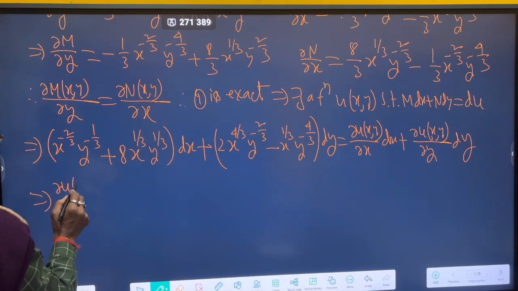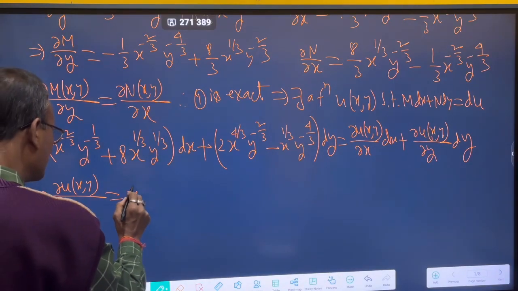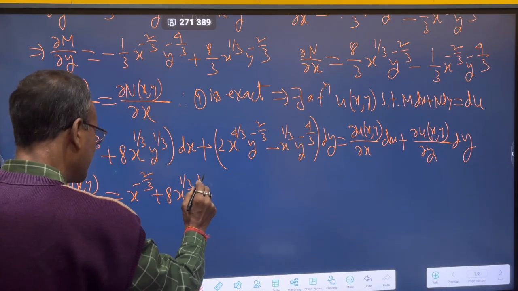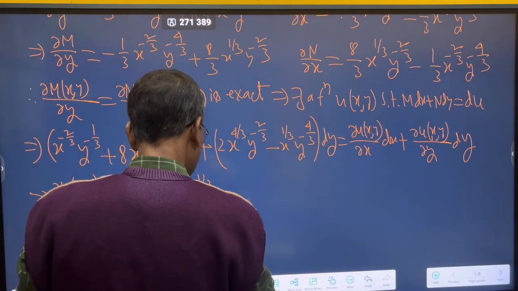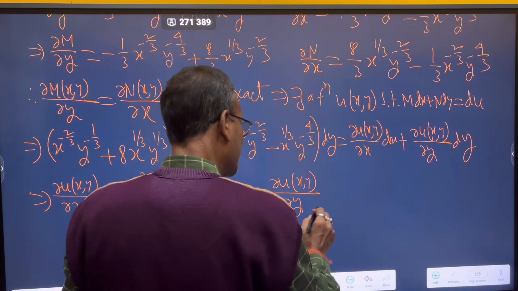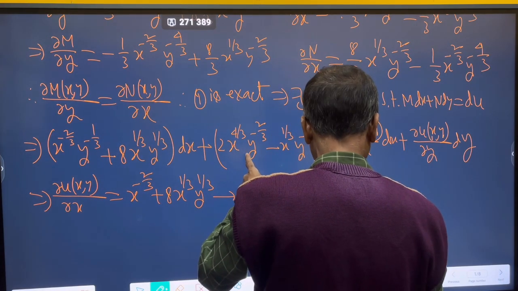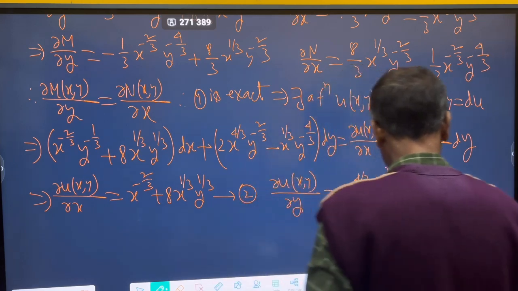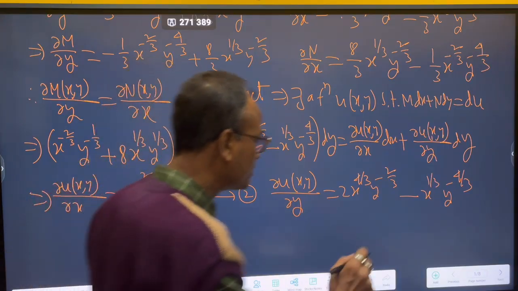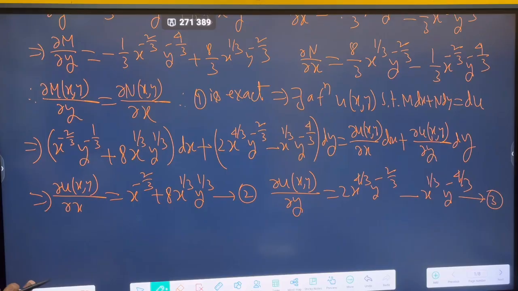This means that del u by del x is equal to x to the power minus 2 by 3 plus 8 x to the power 1 by 3 y to the power 1 by 3. Suppose this is number 2. Del u by del y is equal to 2 times of x to the power 4 by 3 y to the power minus 2 by 3 minus x to the power 1 by 3 y to the power minus 4 by 3. Suppose this is number 3. This is 2 and this is number 3. Now from 2